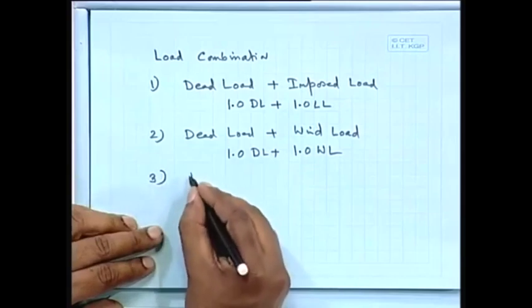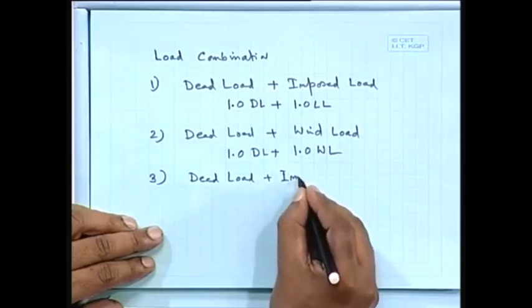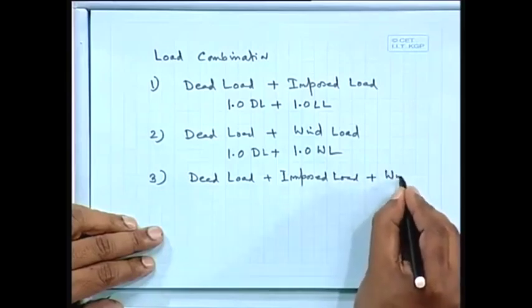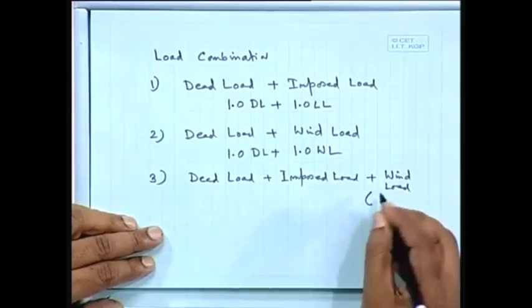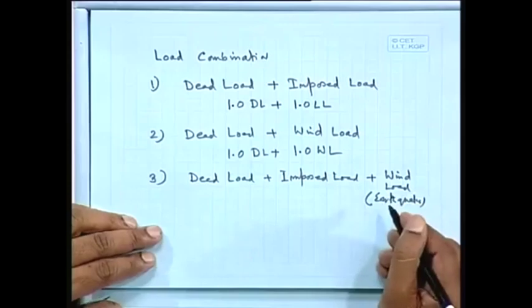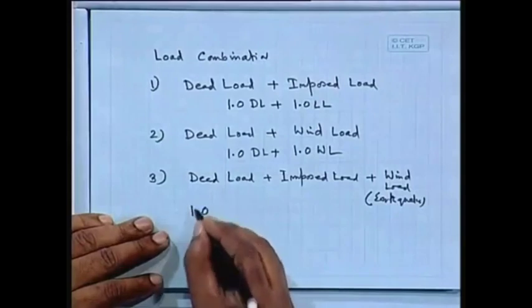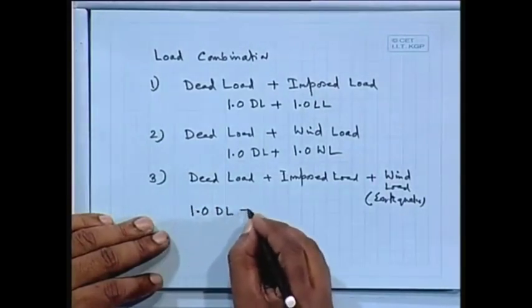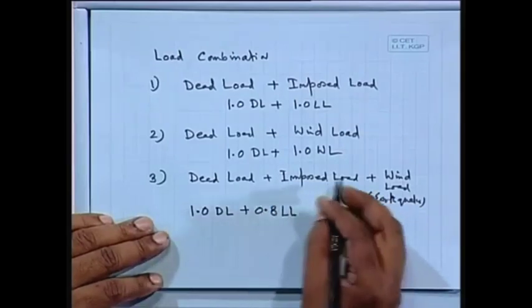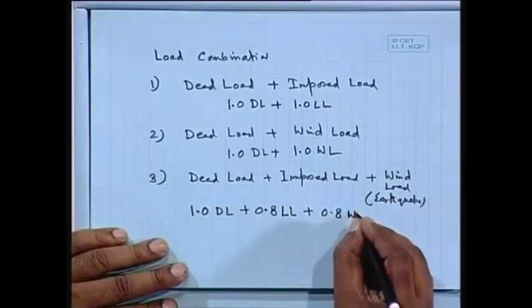Number 3: dead load plus imposed load or live load plus wind load or earthquake. So it could be earthquake load or wind load. Which one is the governing one, we have to find out, we check it. So here it comes as 1.0 dead load plus 0.8 live load. When we consider the live load as well as wind load, we take that factor, or 0.8 times wind load